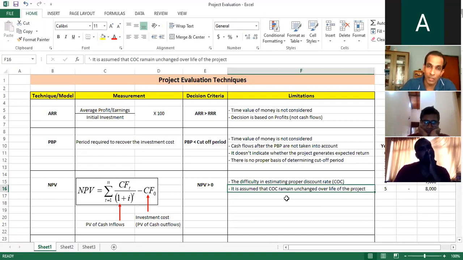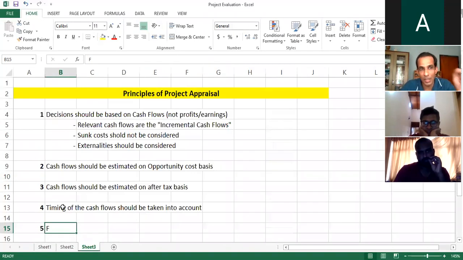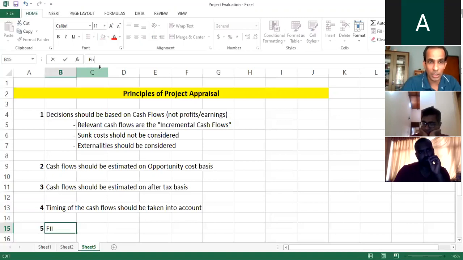But as you very correctly mentioned, the time period also affects the cost of capital, right? That is true, but that challenge is there. So finance cost. That means we are referring to the interest cost, right? Interest cost